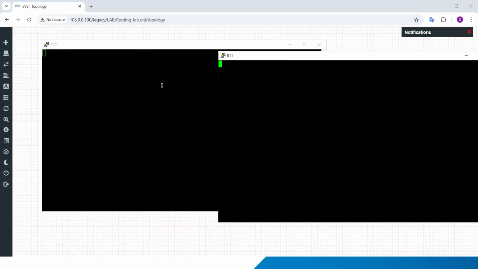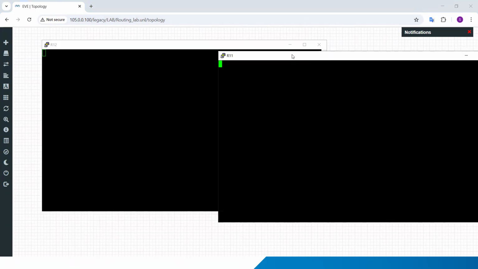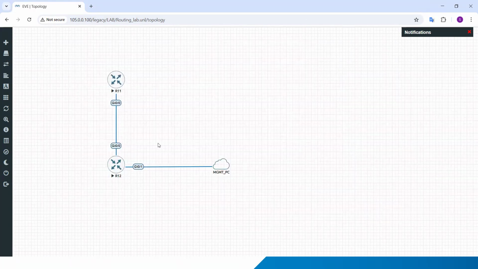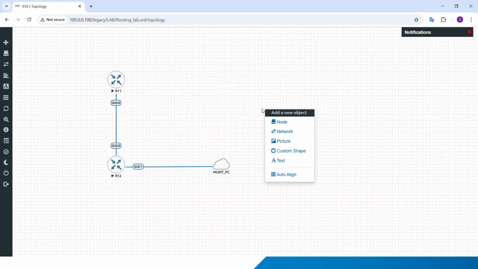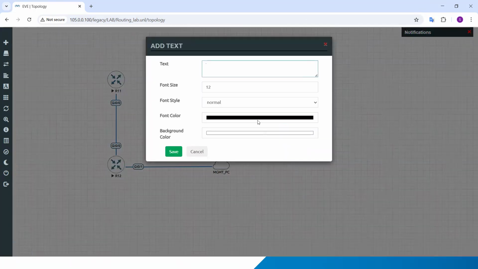Now initially it takes some time to boot. So you have to keep patience. Let it get booted. Meanwhile, I'll take some subnet. So if you want to write something on your topology, go to text option. Just right click in a free space, go to text option and write here